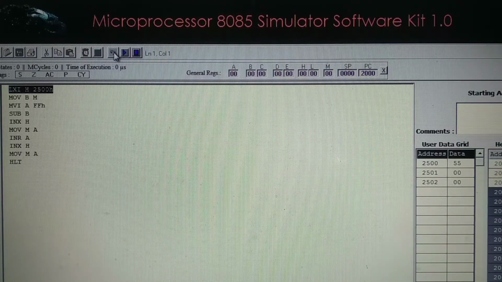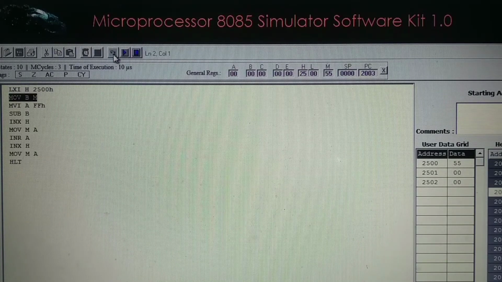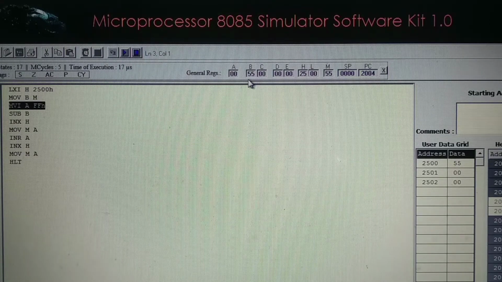Execute the first step. Program counter becomes 2000, which means the program starts executing from 2000. The first instruction gets executed and HL becomes 2500. In that memory, the number is 55. Execute the next instruction: move the number to register B.